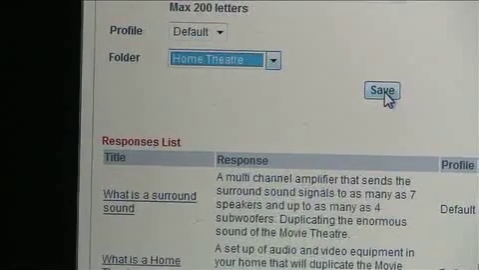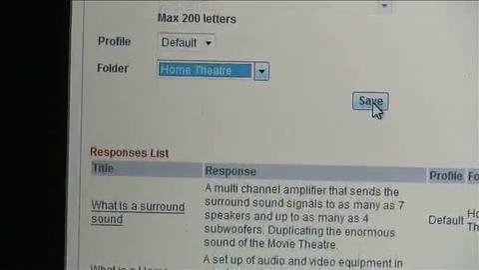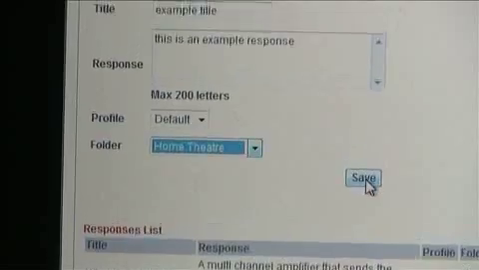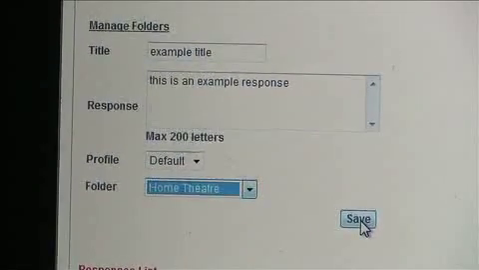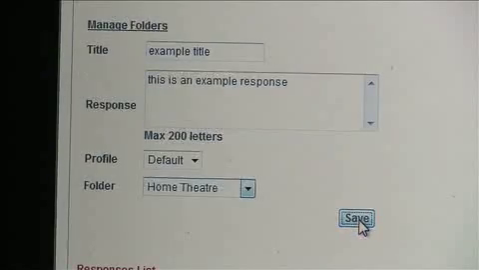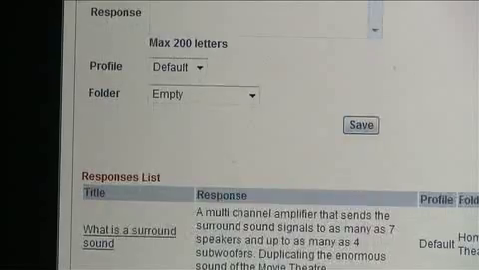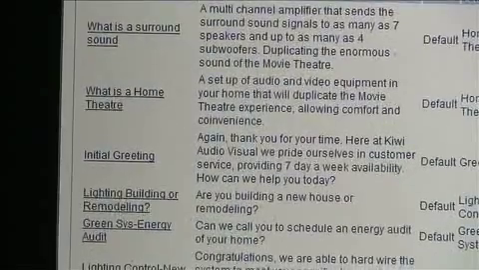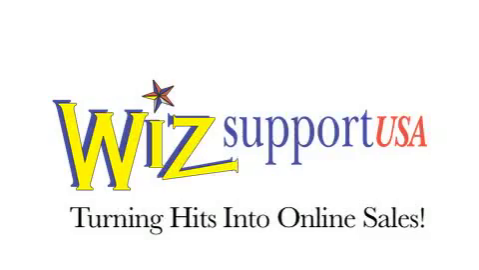So before I save, let's go through this. I title my response, example title. The response is, this is an example response, and I've saved it to the home theater folder. Very important, and save. To check that it's gone through, I will scroll down and look for my title. My title was